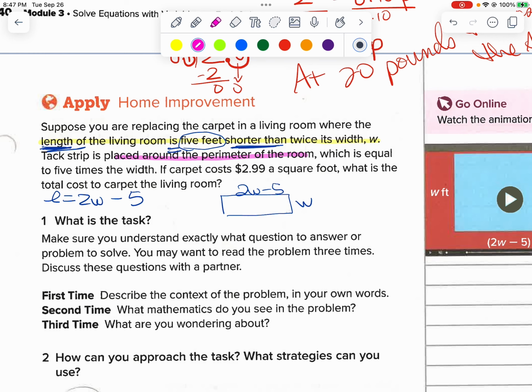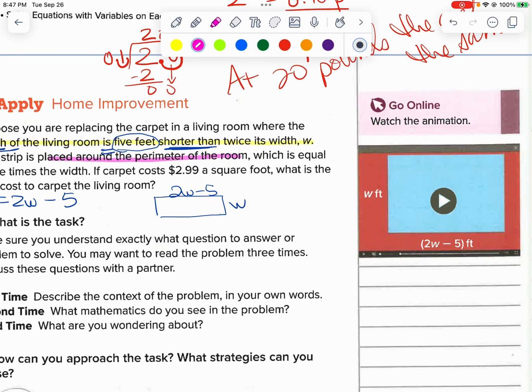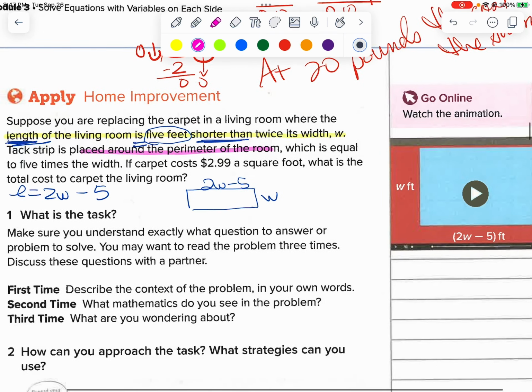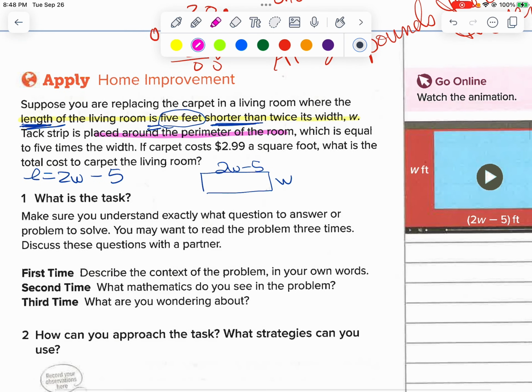I wish I could show the video. Okay, that's what that looks like. Really wish I could show that video so that you could see it. Okay, so first we need